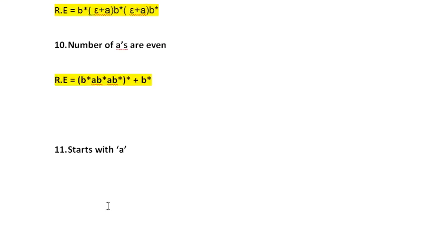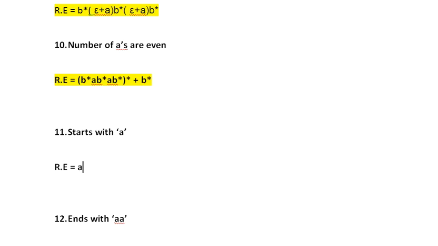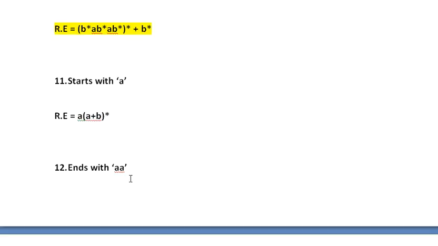So this question says any language that starts with A. Very simple as that. That means if I say A is the starting one, then (A plus B) have any combination of characters, right? So this means (A plus B) to the power star. Clear? So it starts with A, and after that you can have any possible combination of A and B. A plus B means what? Either A or B or a combination of both, correct? Okay, so I have done starts with A.